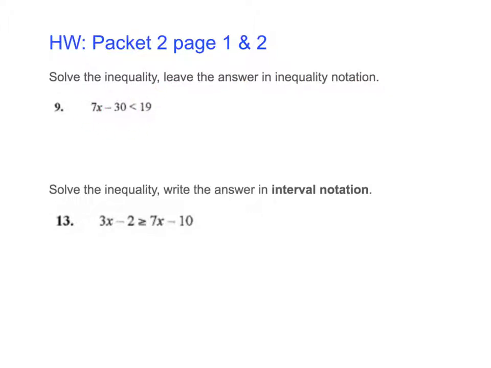So for number 9, just like how we did the last problem, we got to get the x by itself. So I'm going to start moving things over, like the 30 here. I got to add 30 to both sides. So that cancels. So 7x comes down. 19 plus 30 gives me 49. Now I can divide the 7 over. If I divide by 7,